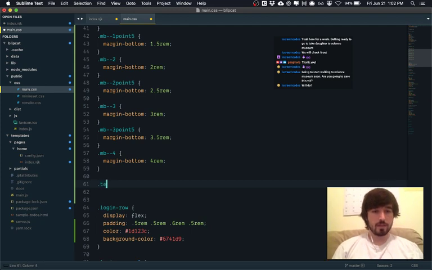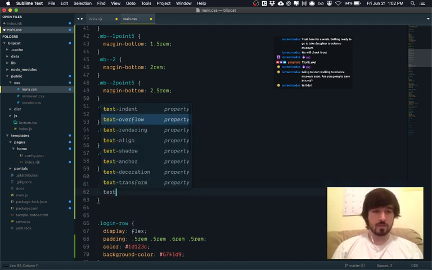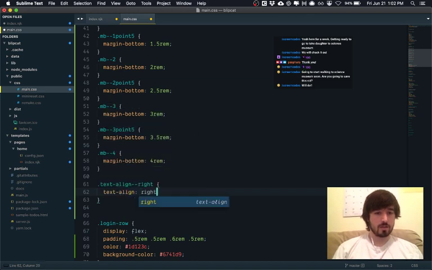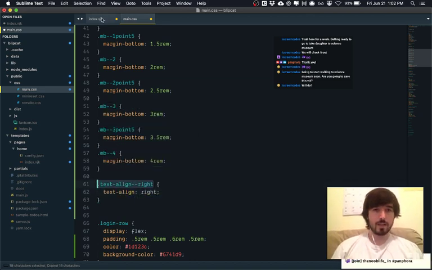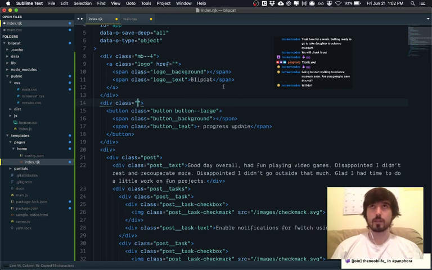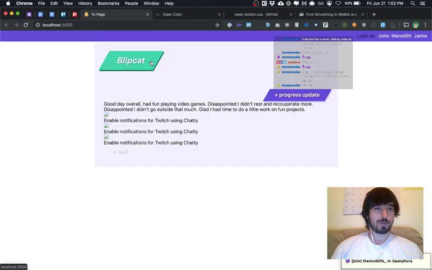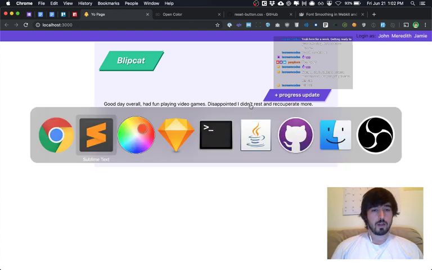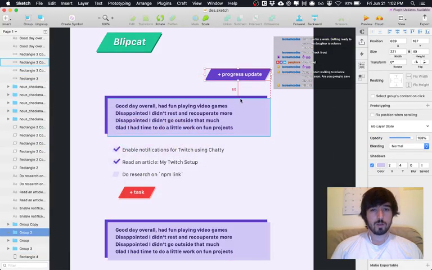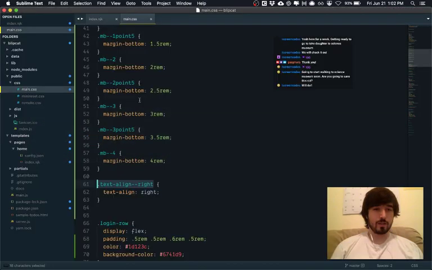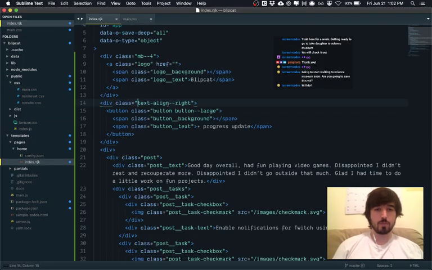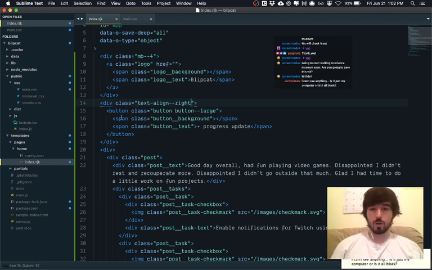So we'll say text align right. This is kind of in the style of something like Tailwind CSS or another CSS utility library, but we're just building it up ourselves from scratch. We could use Tailwind instead, of course. However, that would require learning Tailwind, and I don't know Tailwind yet, so we're going to have to wait on that a little bit. Now, the nice thing about wrapping this in a box too is that we can give it a margin bottom, whereas the button,